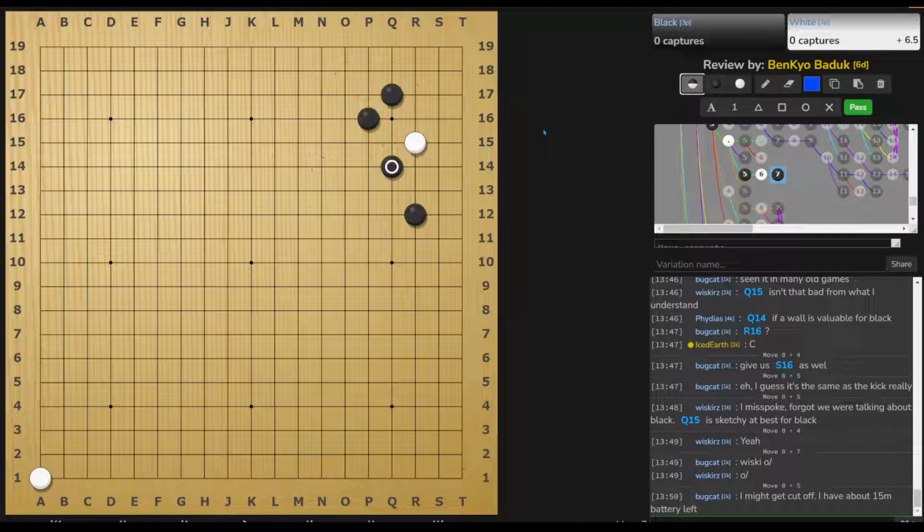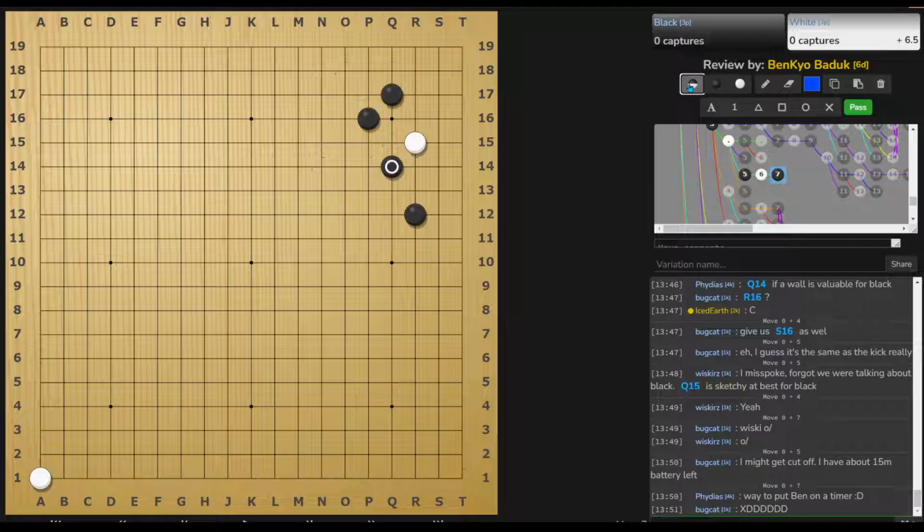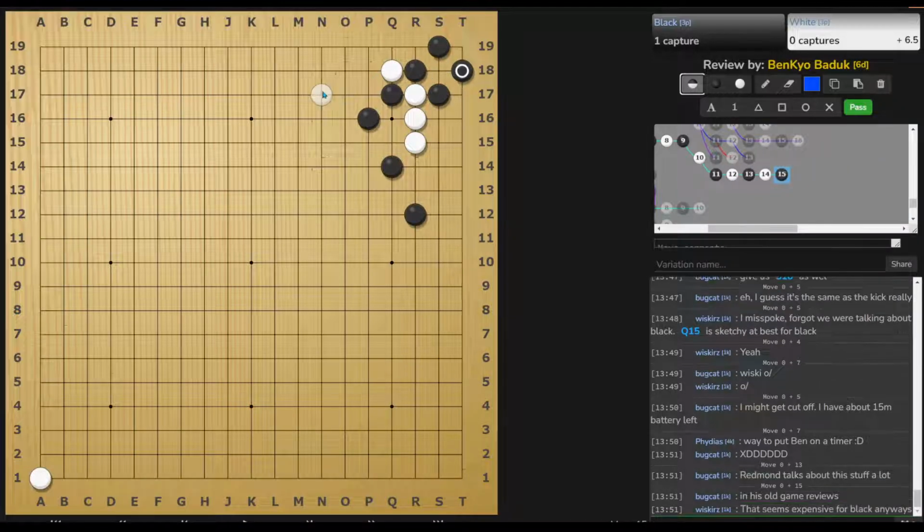There are ways for white to still make use, like live inside. Usually they wouldn't live inside because you have to know a really, really perfect and amazing sequence to make life here. But they do have Aji to use this, and especially assuming white has some preparation on the outside, there's going to be a lot of Aji using this cut and maybe this exchange. There's going to be a lot of stuff happening on the side around here,